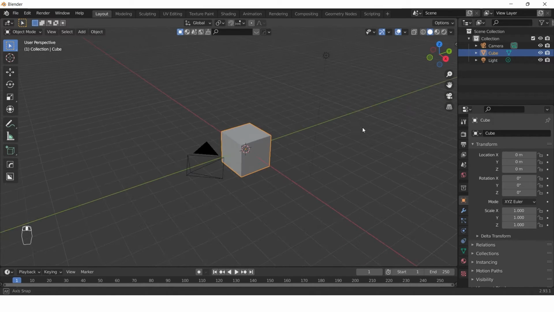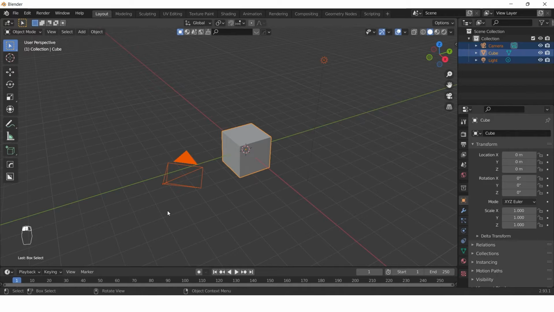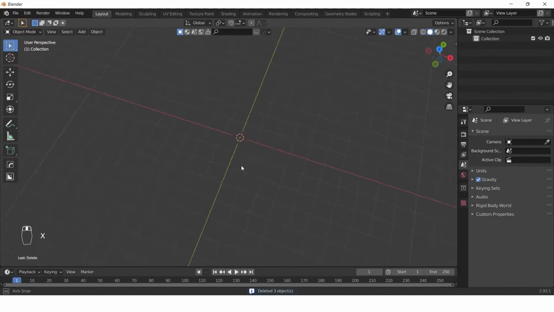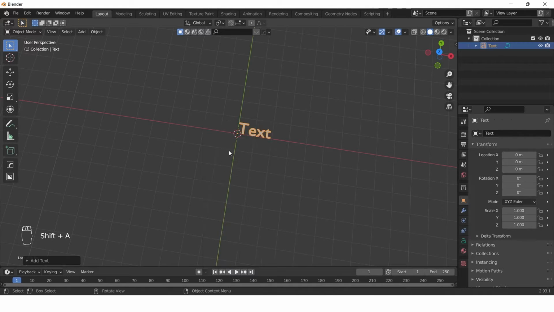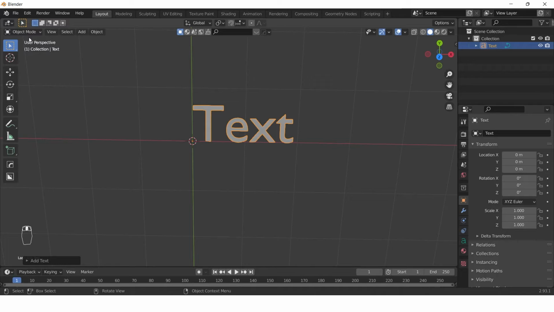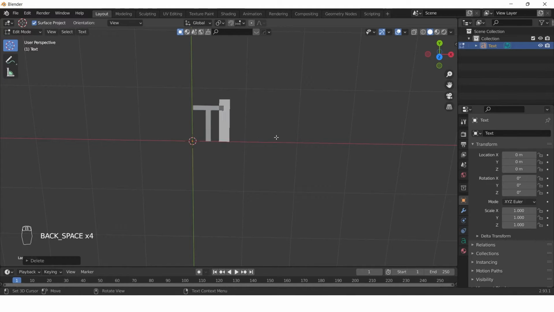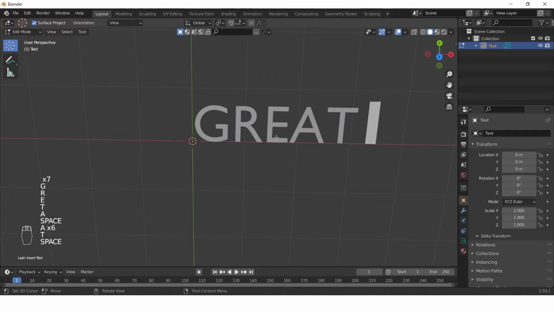Okay, so we are in the default scene which I'm going to delete by pressing X. Then I'm gonna add a text object by pressing Shift A and adding a text. Alright, let's edit this text by going in the edit mode and type in the text that you want. I'm going with great. Looks great. Alright,